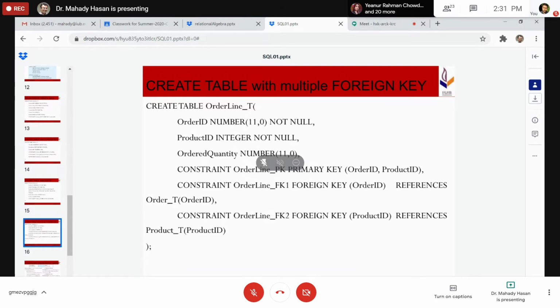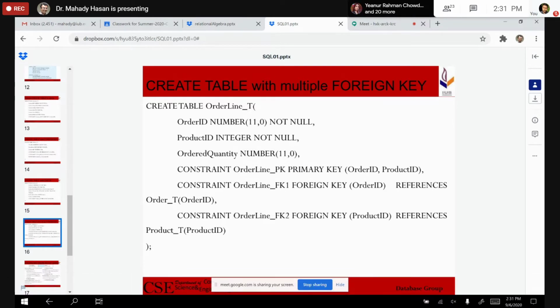Okay, so if we have multiple attributes as a key, then we have to put it in this way. Here these are not only the primary key, they are also foreign keys, right? Because one is coming from the product table, another is coming from the order table. That's why we have to define the foreign key constraint as well.